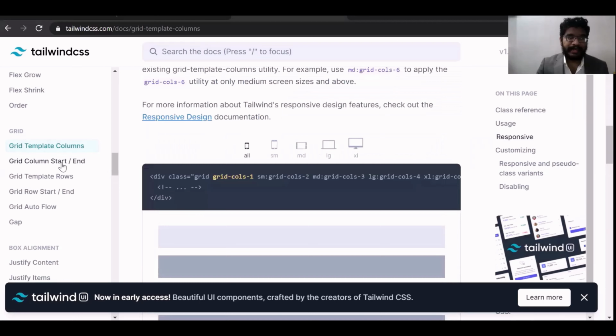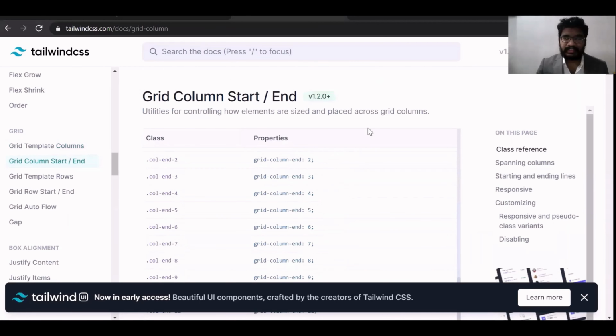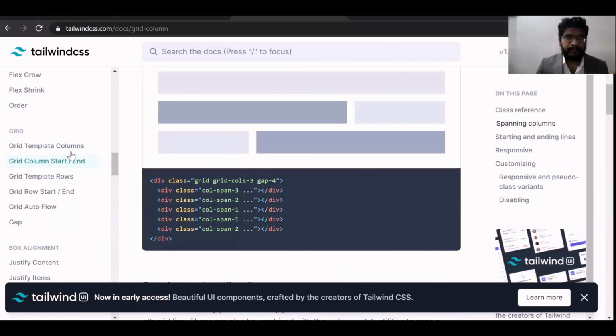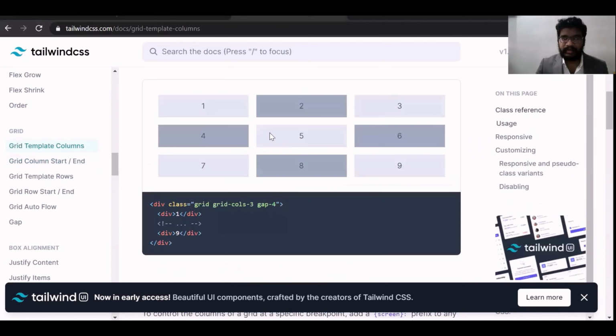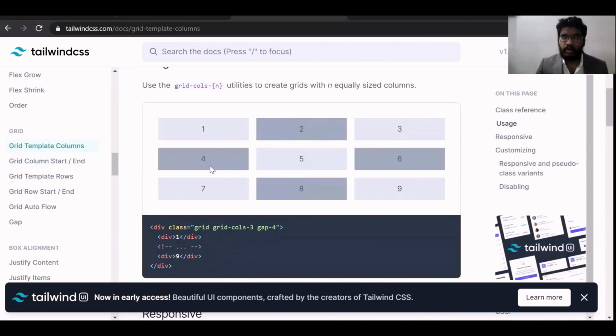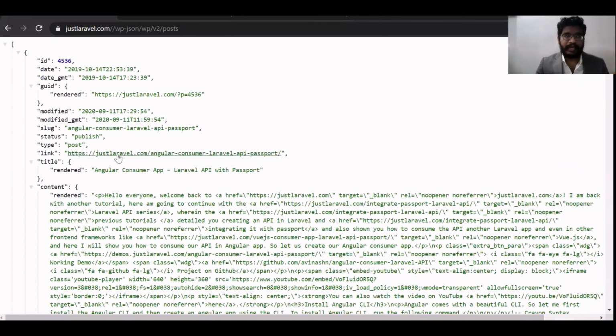So I'm going to grab some of this grid structure and show it in this format itself, without this hover effect and all. I'll just use some basic grid structure, and I'll show the image, I mean the featured image, the title, the description, and also a link to the actual post.